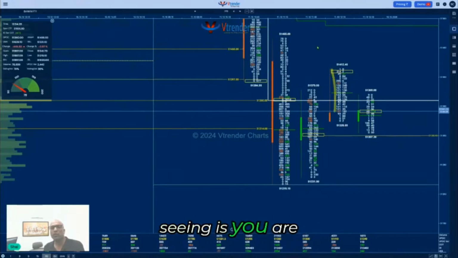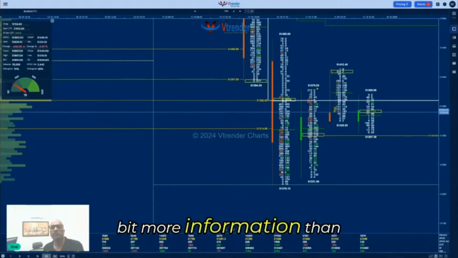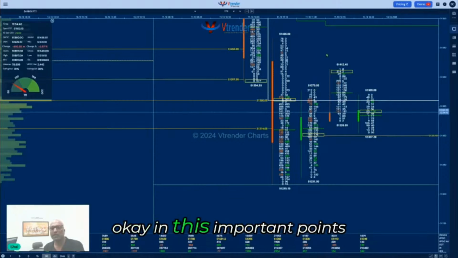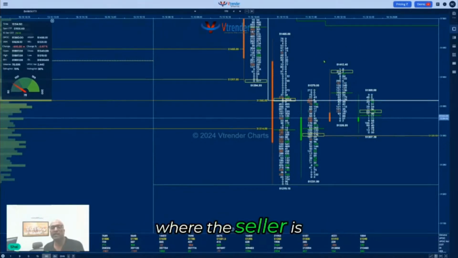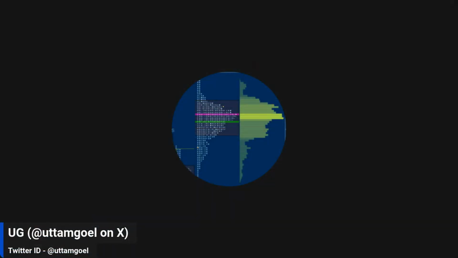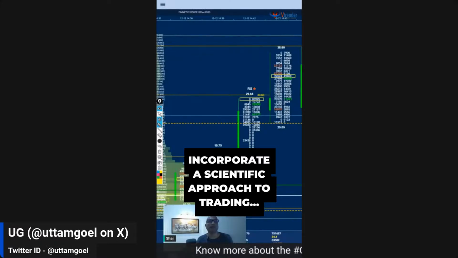So what you are seeing is you are actually getting a little bit more information than the open, high, low and close of the bar, and you're seeing at these important points where the seller is operating and where the buyer is operating. What we are trying to do over here is we are trying to